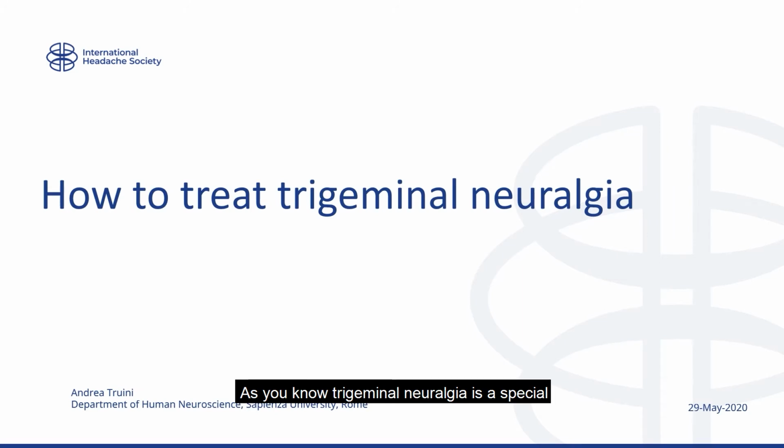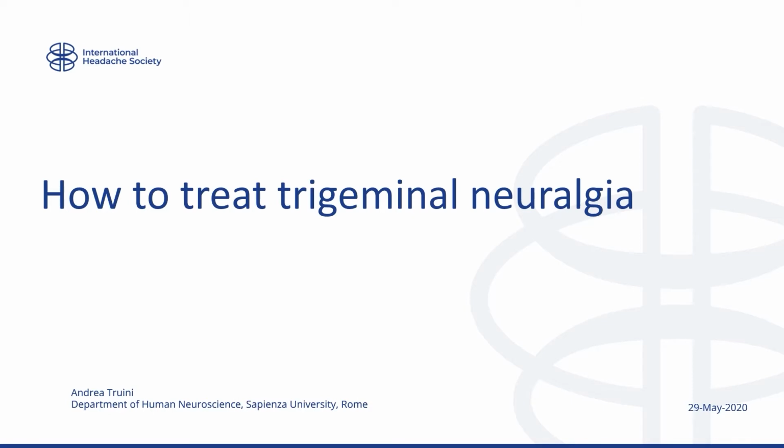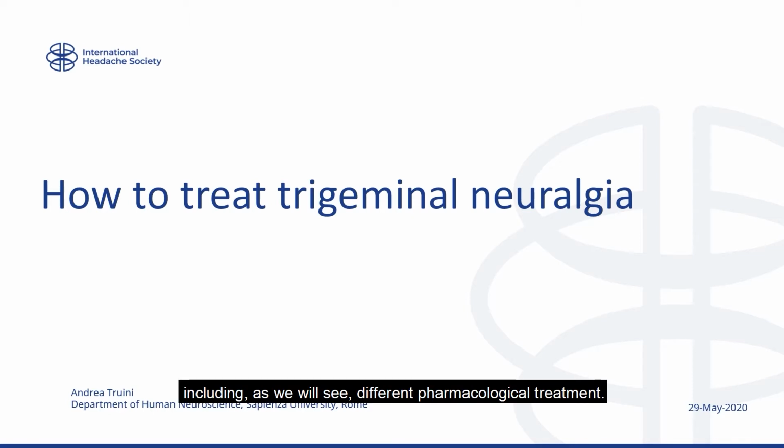As you know, trigeminal neuralgia is a special neuropathic pain condition for many reasons, including, as we will see, the pharmacological treatment. Differently from all the other neuropathic pain conditions, trigeminal neuralgia has an excellent response to specific pharmacological treatments. This excellent response to specific drugs derives from the very peculiar pathophysiological mechanism underlying the classical paroxysmal pain patients with